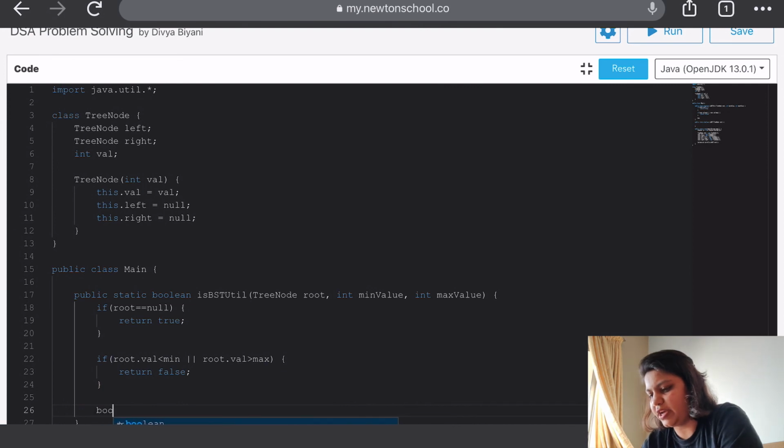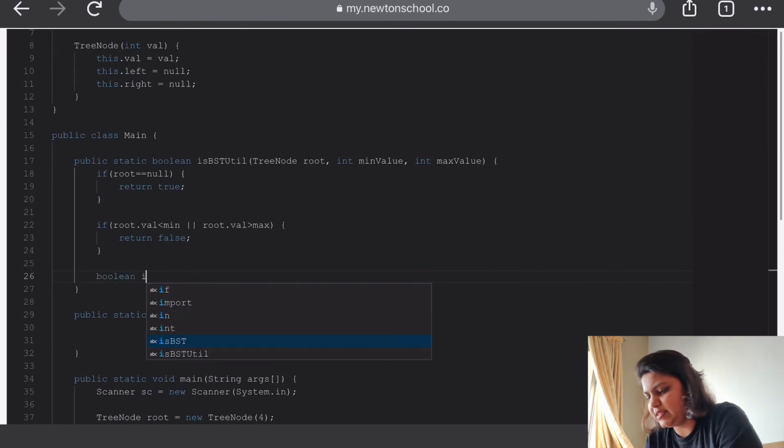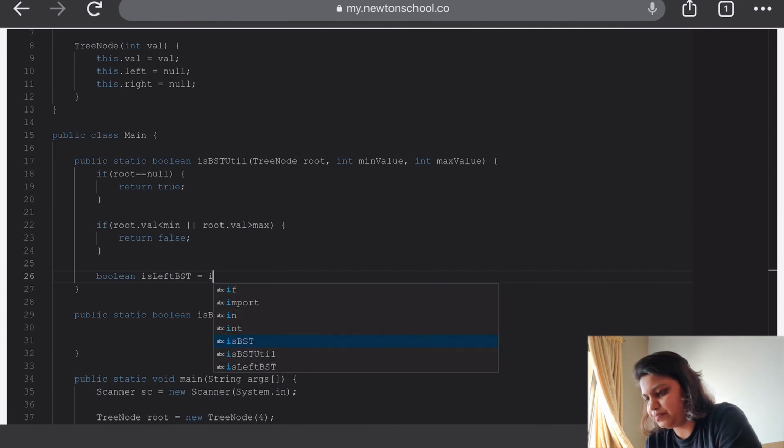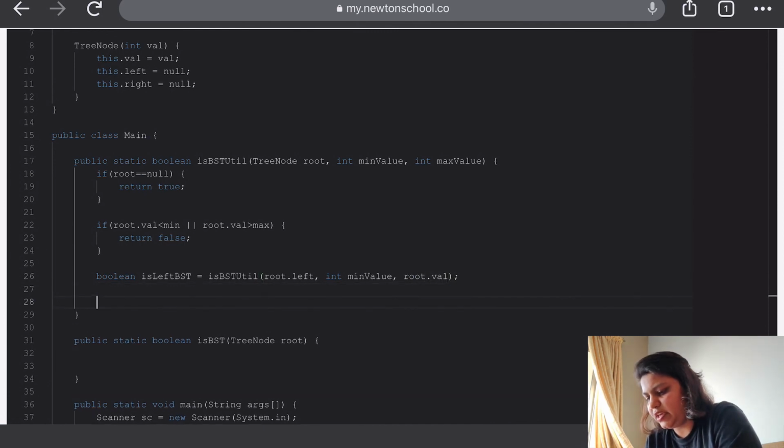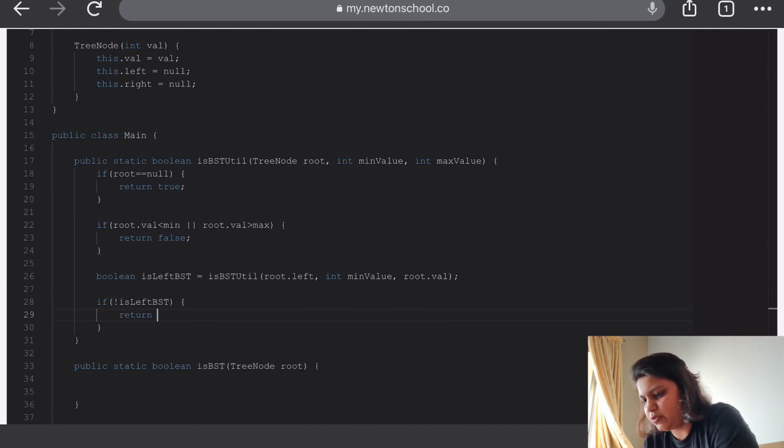Then we are going to check isLeftBST, basically the left subtree, root.left, and as we know the min value will not change for the left, but the max value will change and it will be root.val. If our left BST is not a binary search tree, then we are going to return false.